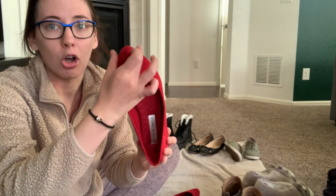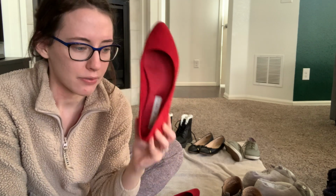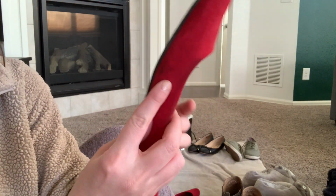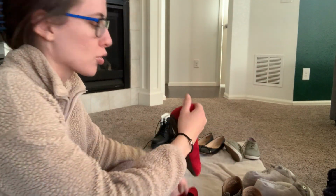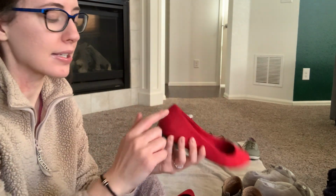So I love the almond, and I absolutely love this color red. This is my favorite color red. However, because these are cheap suede, I don't know if you're going to be able to see this, but they get scuffed if you just look at them the wrong way. Especially when I'm driving, because your heel is touching the ground when you go brakes and gas. And they